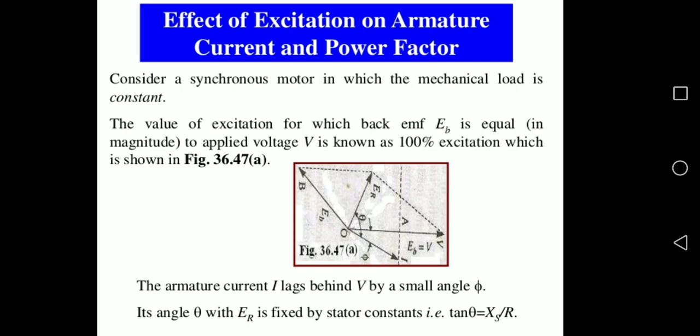You should remember that the armature current and power factor have an inverse relation. From P equal to V I cos phi, I equal to P by V cos phi. This is the normal relation. Consider a synchronous motor in which the mechanical load is constant. The value of excitation for which back EMF EB is equal to